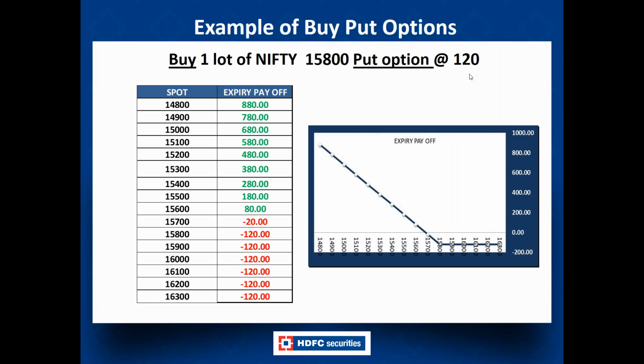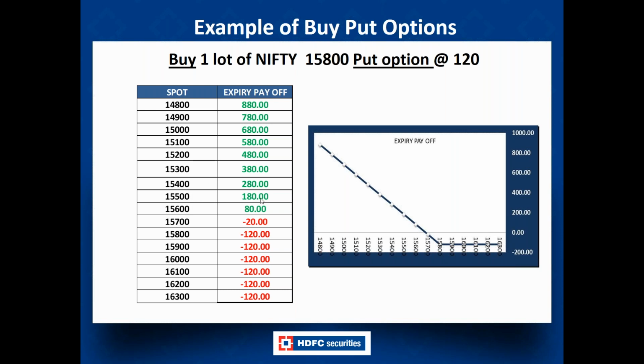So 120 rupees into 50 shares is the lot size. So my maximum loss for this is 120 into 50, which would be 6,000 rupees. So 6,000 rupees is my maximum loss if my view goes wrong and Nifty expires above 15,800 levels. But suppose Nifty starts moving below 15,800 levels, suppose Nifty closes at 15,500, I bought the 15,800 put option, I